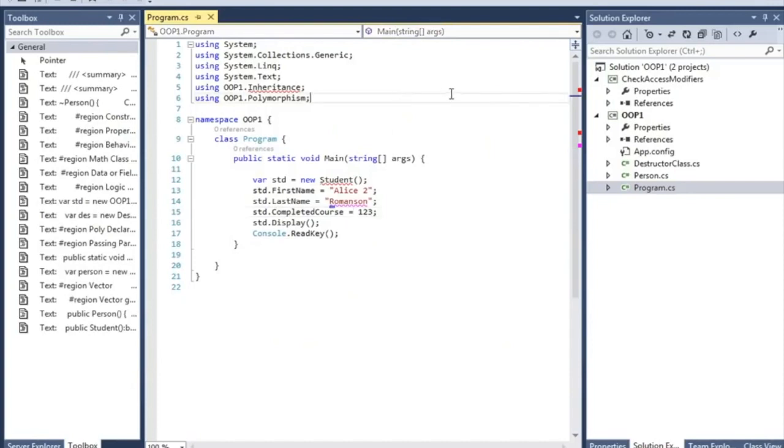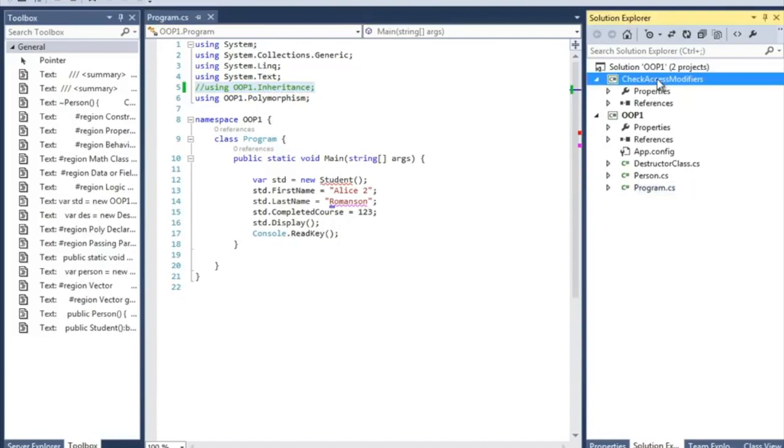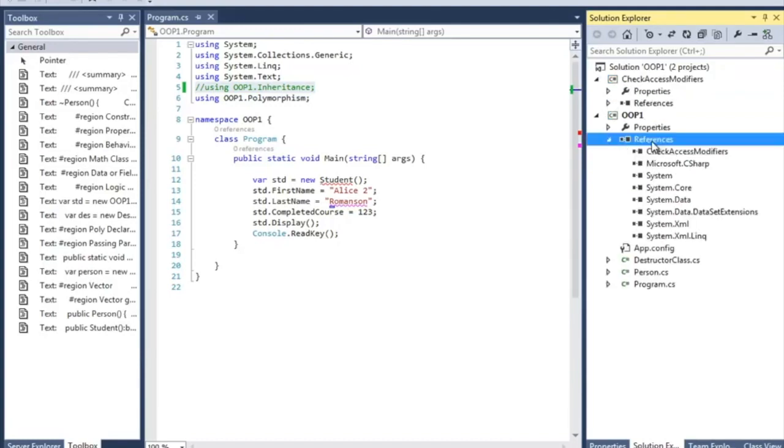Here I am in Visual Studio in our simple project, and as you can see we have two projects in our solution. One is a class library and another is the console application. The console application is going to output an exe file. A class library will output a DLL file, and we have referenced the class library file in our check access modifier project.